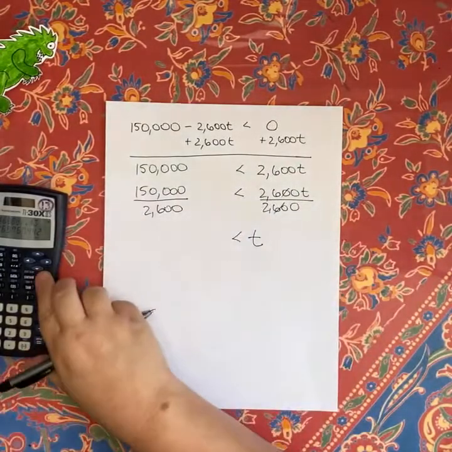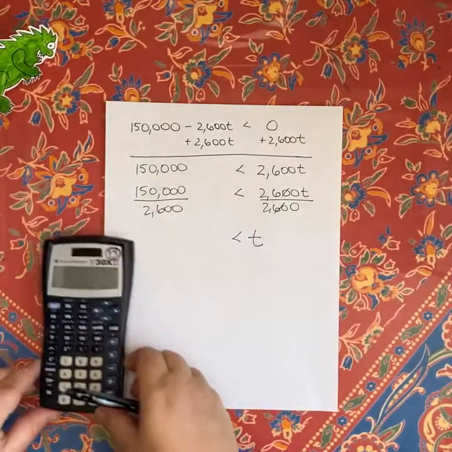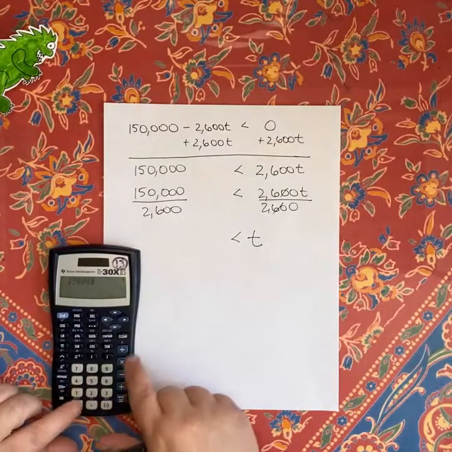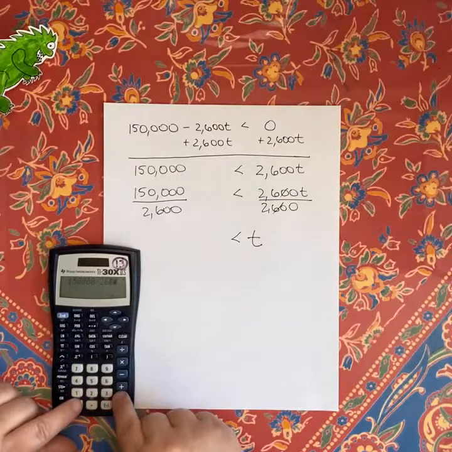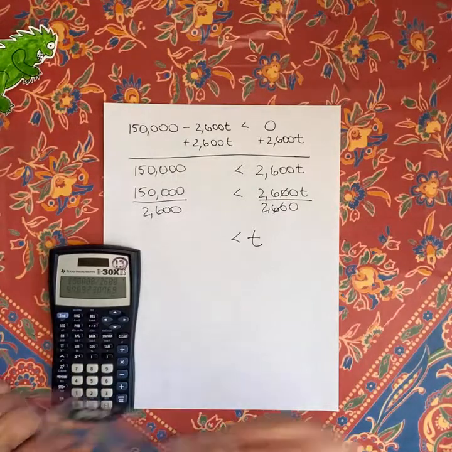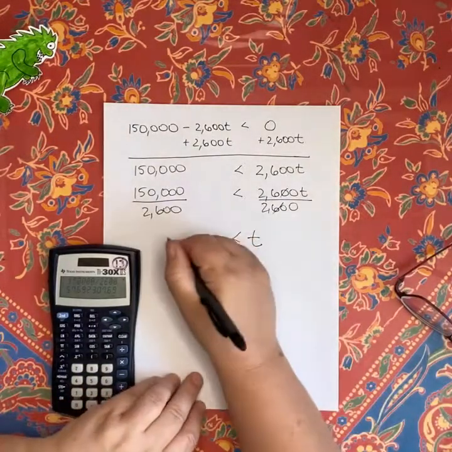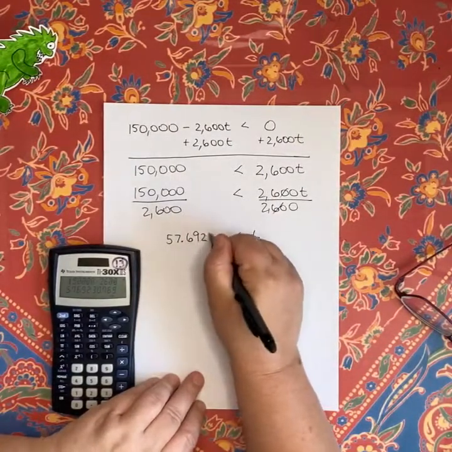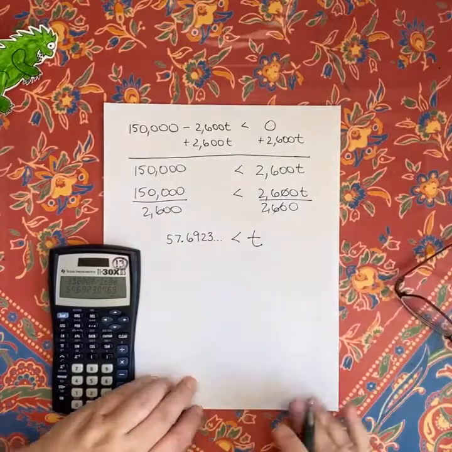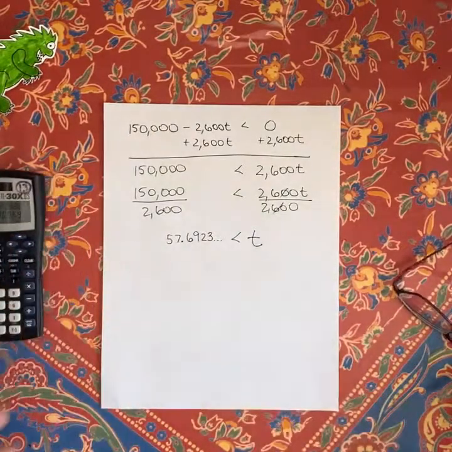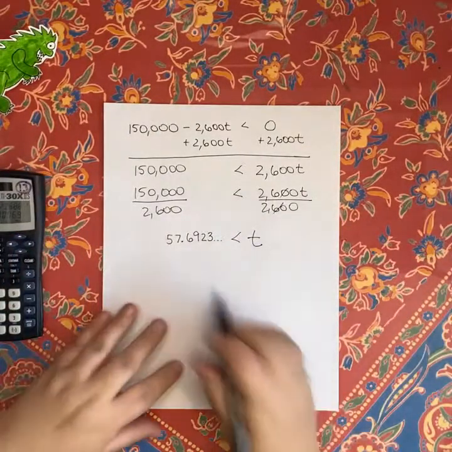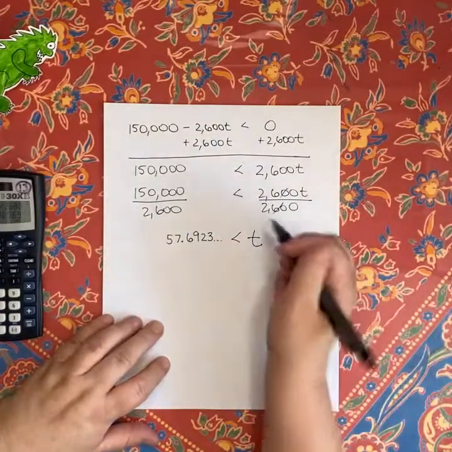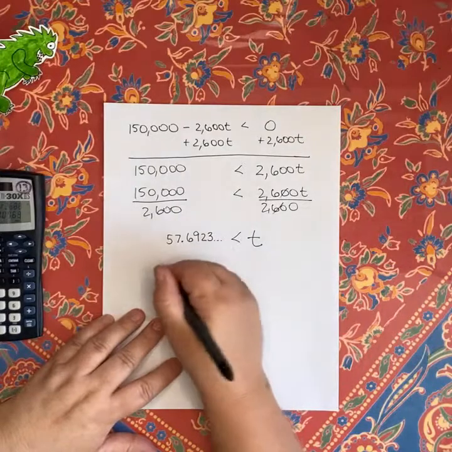And then over here, I've got to use my handy dandy calculator. 150,000 divided by 2,600 gives me 57.6923 and some other stuff. Okay, so now first thing I'm going to do is I have trouble reading this, so I am going to do that thing where we flip it around. So I'm going to rewrite it as